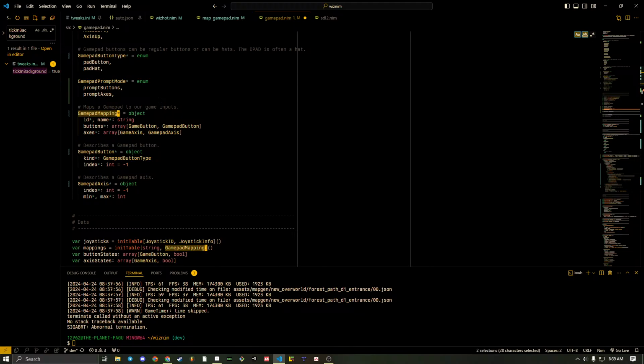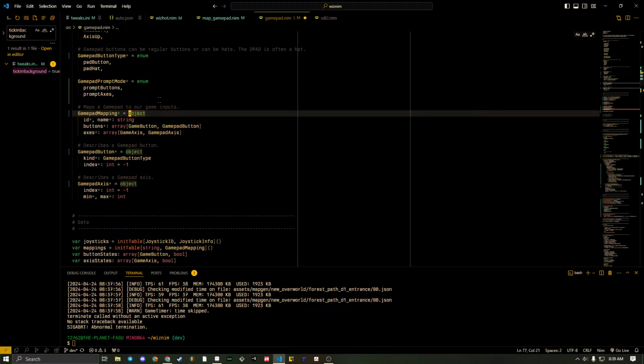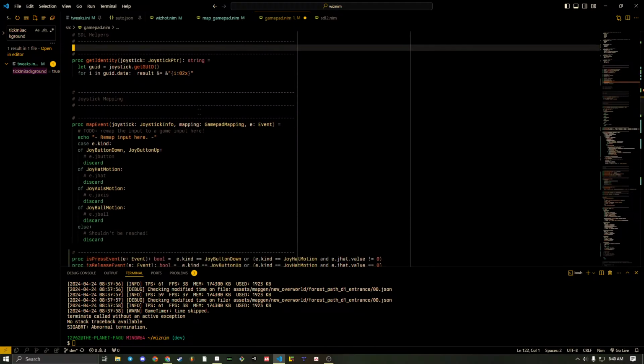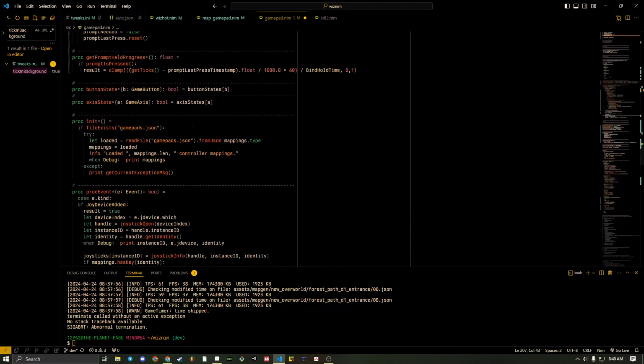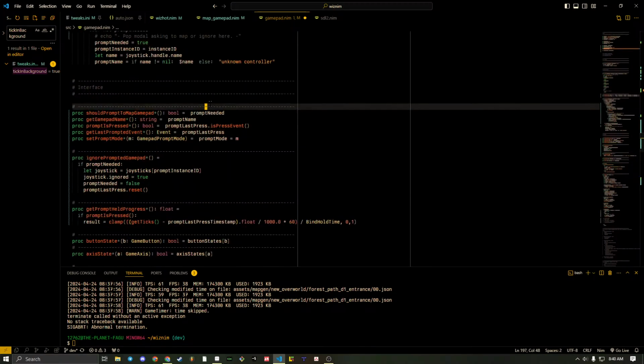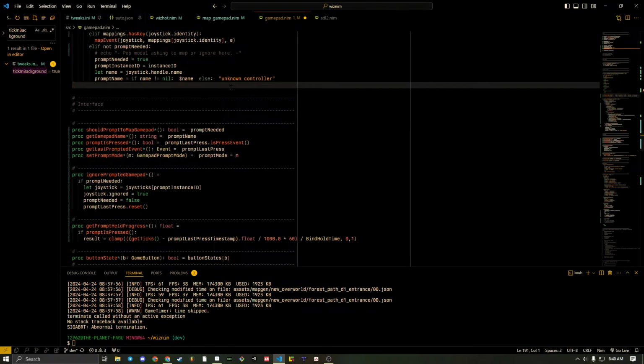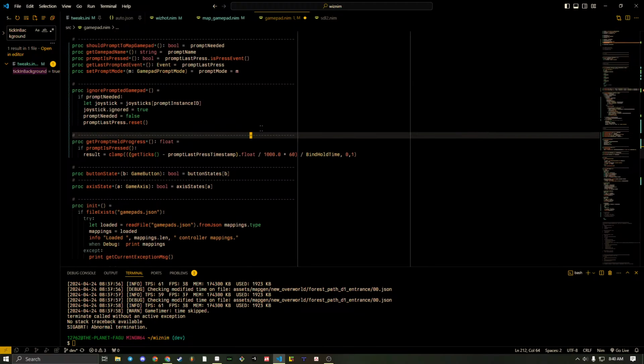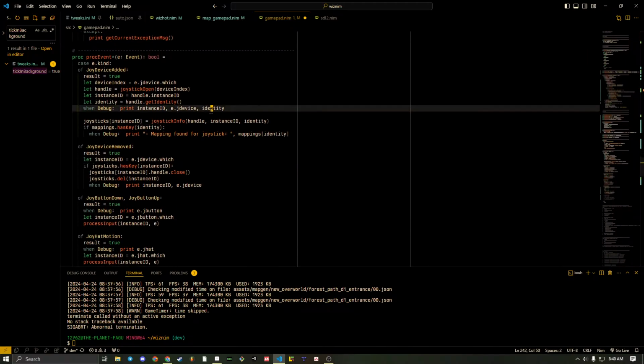So we'll have the prompt mapping. And so what we shall do is, whenever you let go of a button,